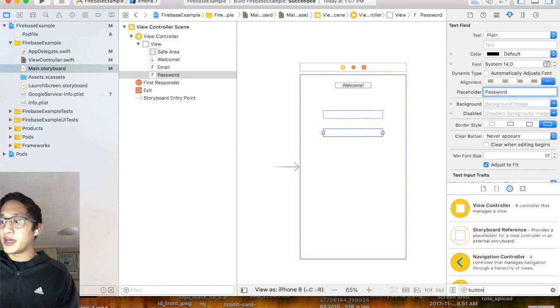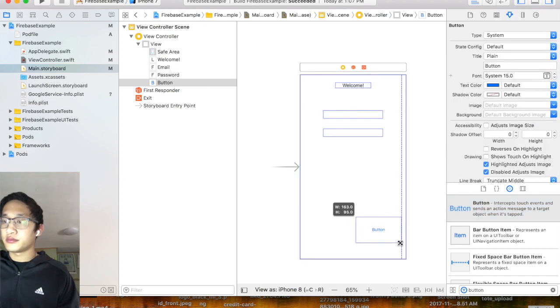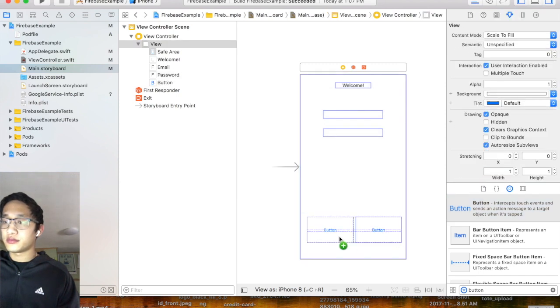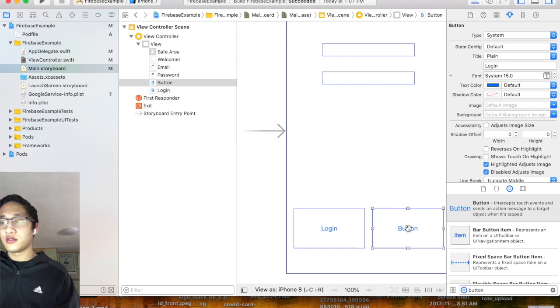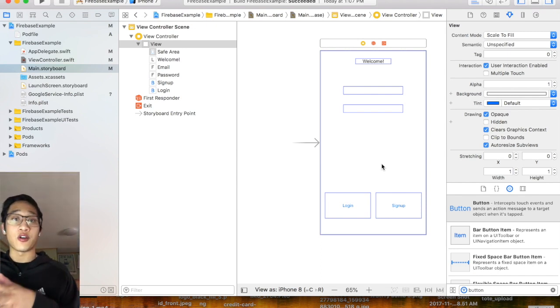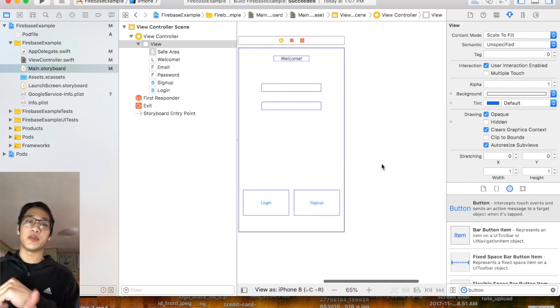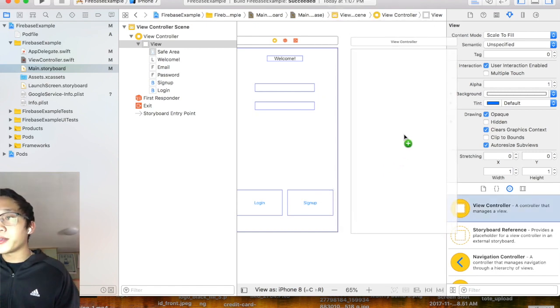Cool. And then we need our 2 buttons. I'm just going to label these real quick. Login, sign up. Awesome. I'm also going to drag on a new view controller, and this is going to represent our home screen. So as soon as the user logs in or signs up, there should be a segue to the home screen. So let's drag on a new view controller real quick